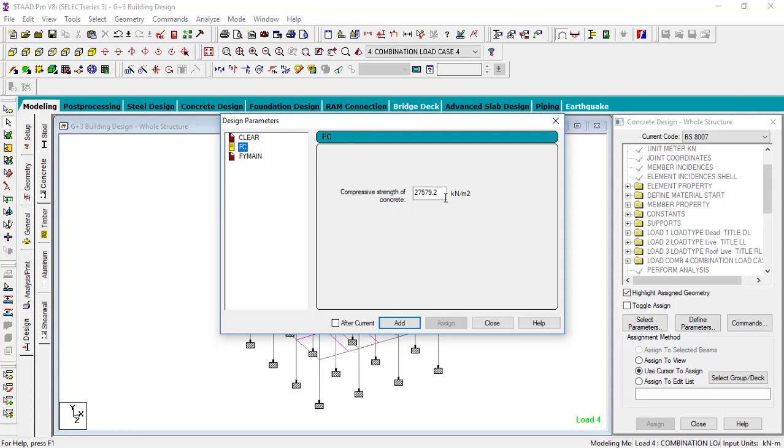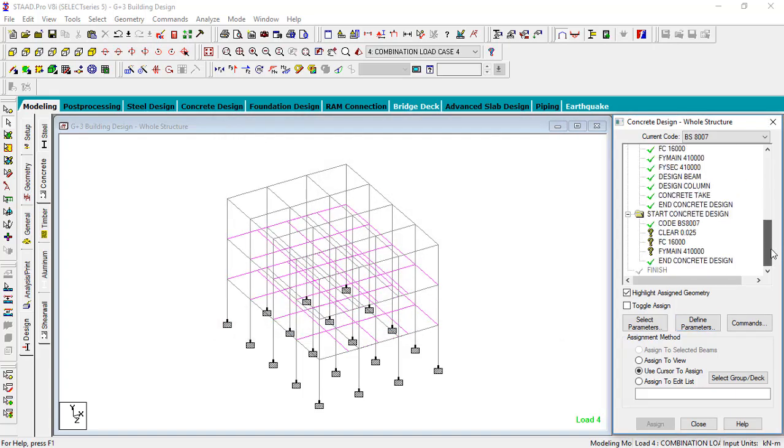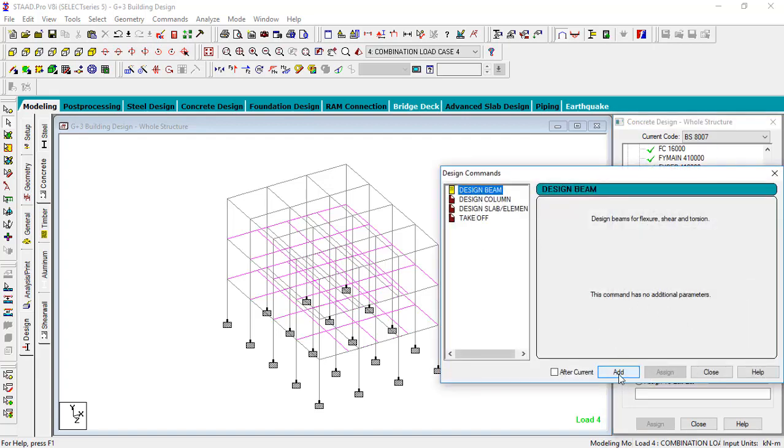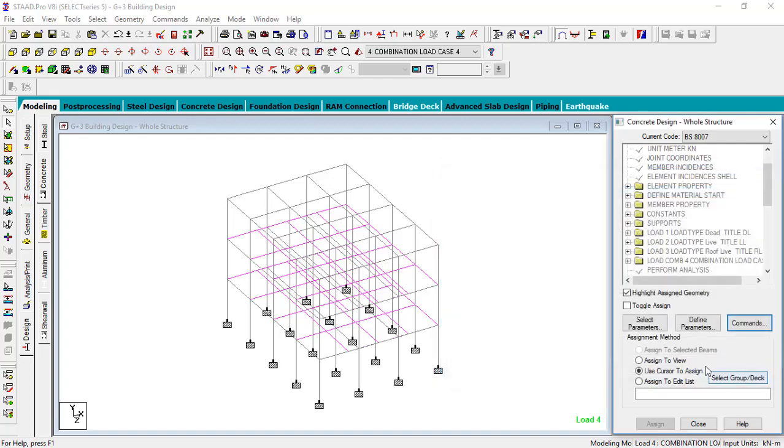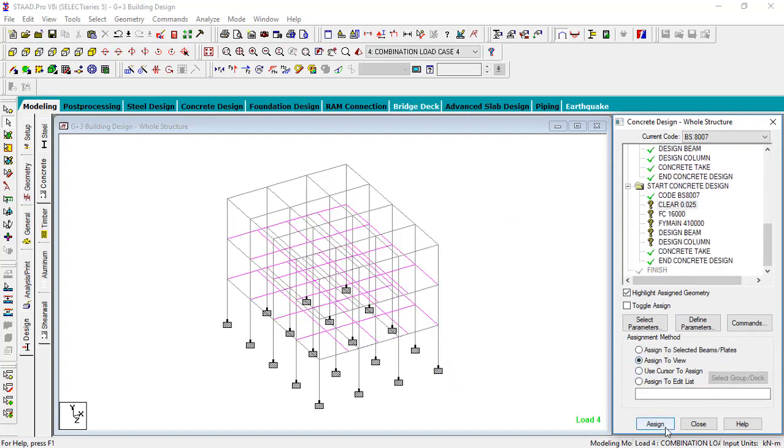Add. Okay, the compressive strength of concrete is going to be 16,000. Alright, add. Okay, so the use strength for main reinforcement is going to be 410,000. And then you add. Close this. Navigate to these provisions, add command, beam, add, column, add, take off, add, close that, scroll down, so you can assign this, assign to view, assign yes